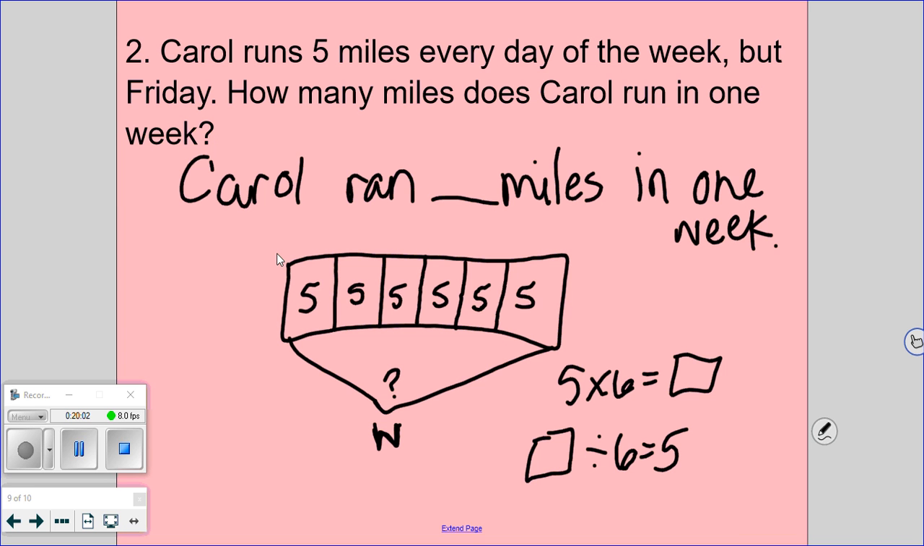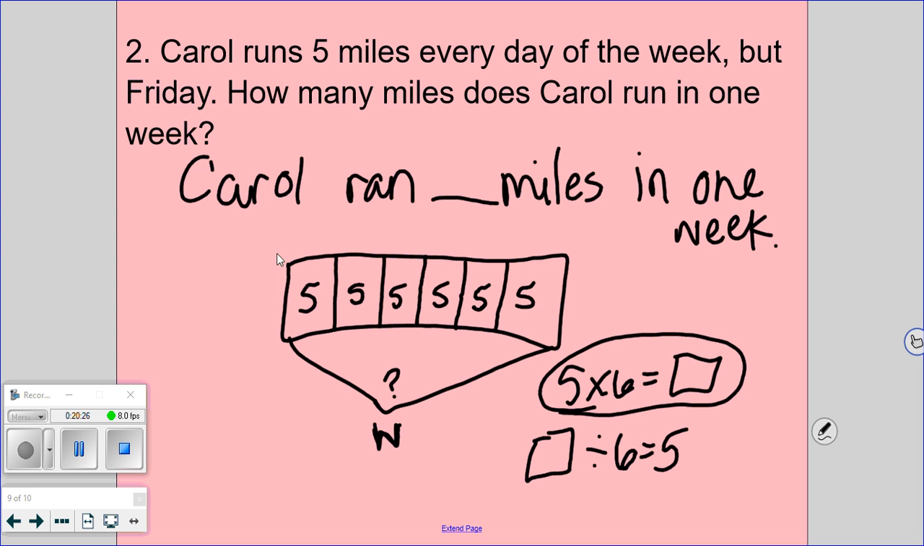Beautiful. Which equation is going to be most helpful to me? Okay. 5 times 6. Yeah, 5 times 6 is very helpful to me. I'm going to use that equation. Now that I have an equation, use whatever math strategy works for you to figure out what is 5 times